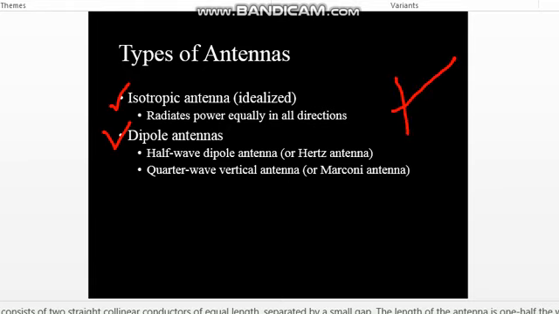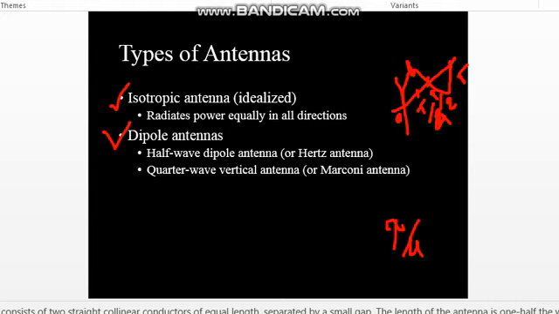And I have told you, if that is a sinusoidal wave, just think about it. If that is a sinusoidal wave, what could be done? You know that is the 0 point, and the total period is T, this position is T by 2, and this position is T by 4. So in the quarter section we get the maximum range of the sinusoidal part. The quarter wave antennas, or Marconi antennas, are known as vertical antennas, and they have the highest efficiency.